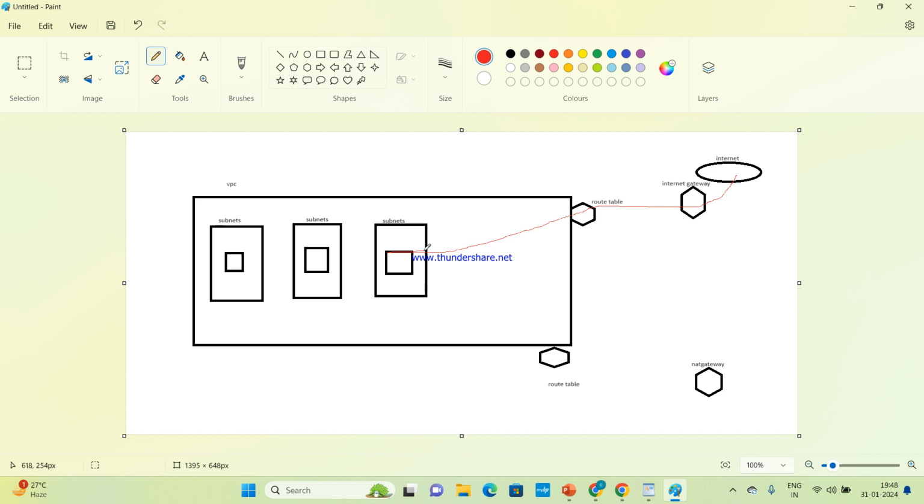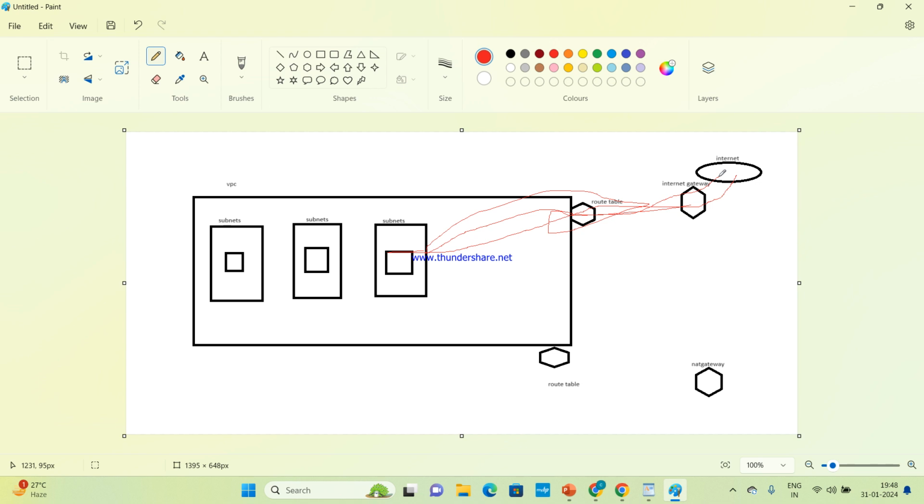For internet, we need routers to provide us internet, right? Similarly here, every internet gateway or NAT gateway needs a route table to provide internet connection to subnets.